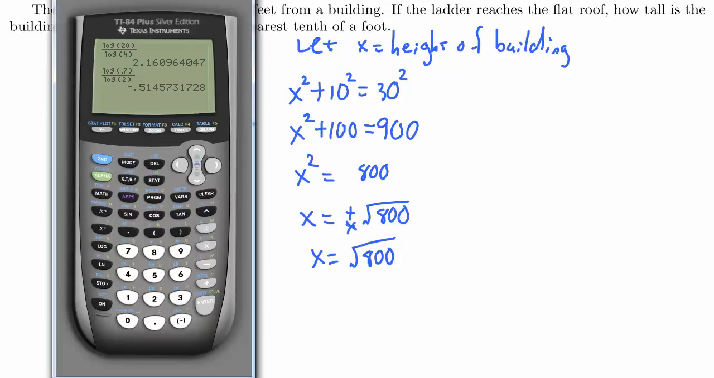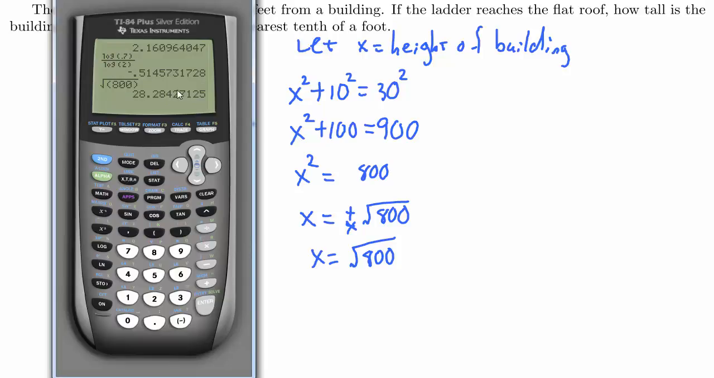In case you've forgotten, here's the calculator, and here's how you type in a square root. It's a little bit hard to see, but there's a square root symbol here. Basically it's the opposite of the x squared. So I'm going to type in the second x squared, which gives me the square root symbol, and then type in 800, and then click enter. And this gives me